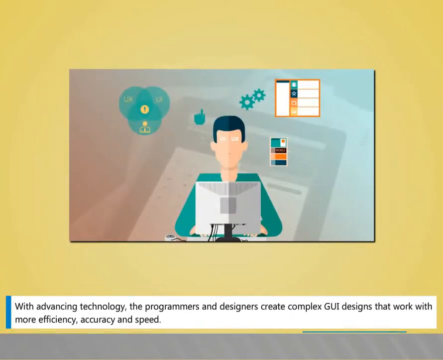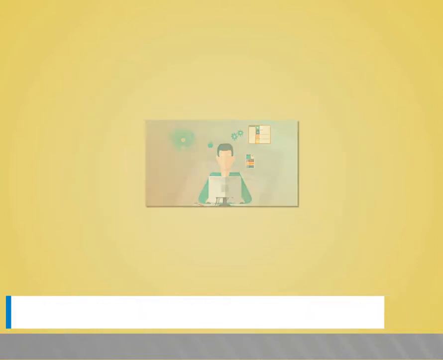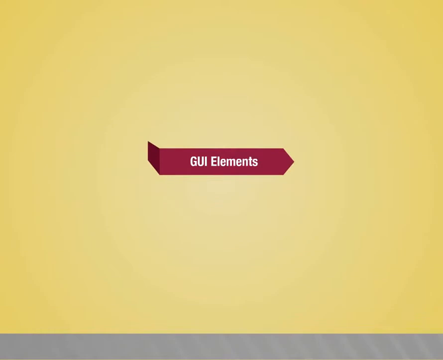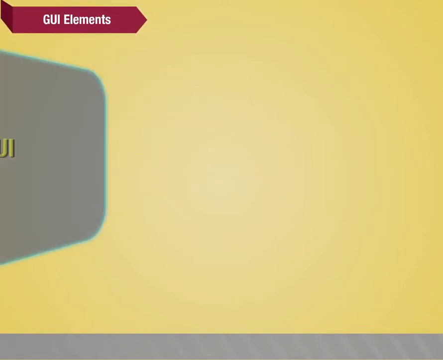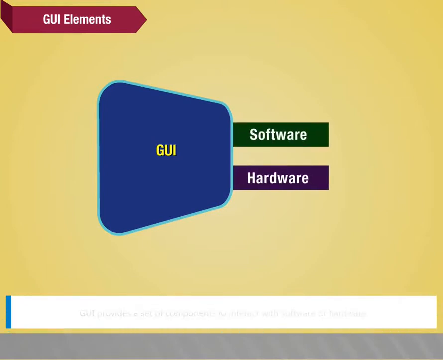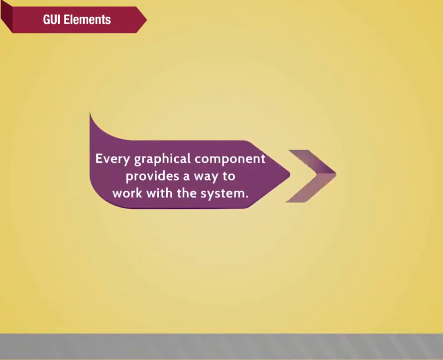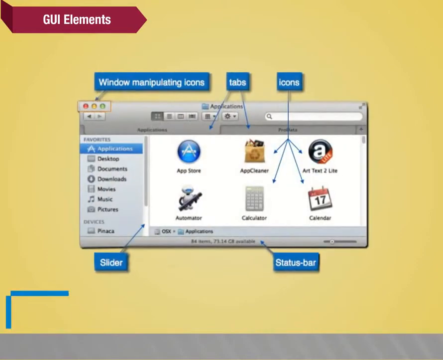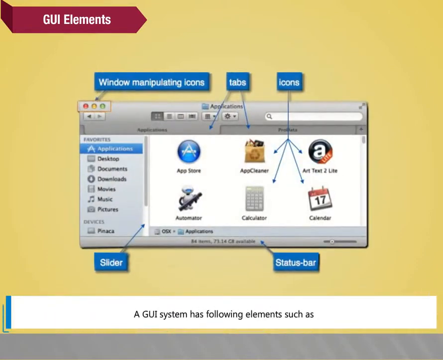With advancing technology, the programmers and designers create complex GUI designs that work with more efficiency, accuracy, and speed. GUI elements. GUI provides a set of components to interact with software or hardware. Every graphical component provides a way to work with the system. A GUI system has following elements such as